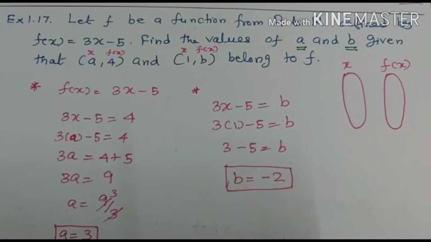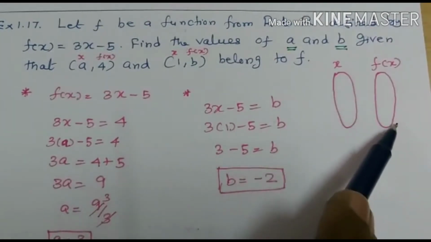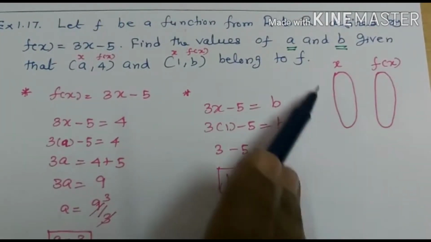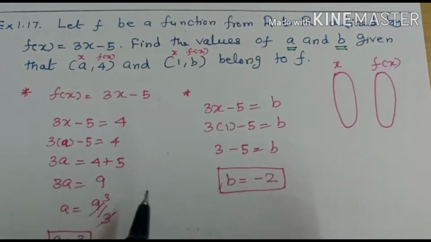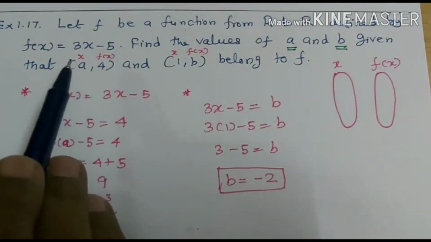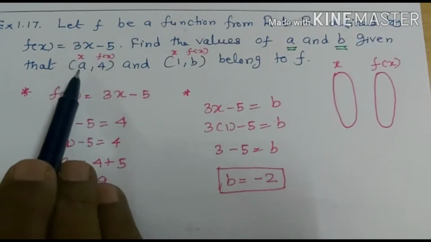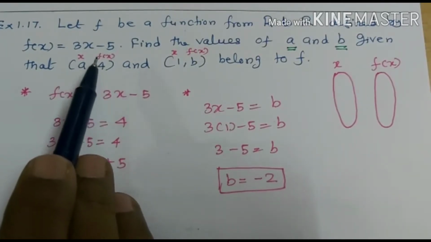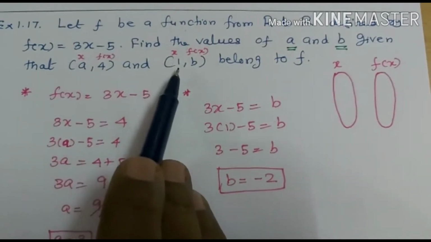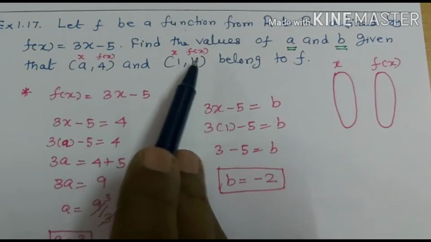That means function. Now check the arrow diagram. This is called x, this is called f of x. So domain, codomain, pre-images and images. In the ordered pair given, the first one is x, the second one is f of x. So input and output. Input means x, the output means f of x. In the second ordered pair too, the first one is input and the second is output.